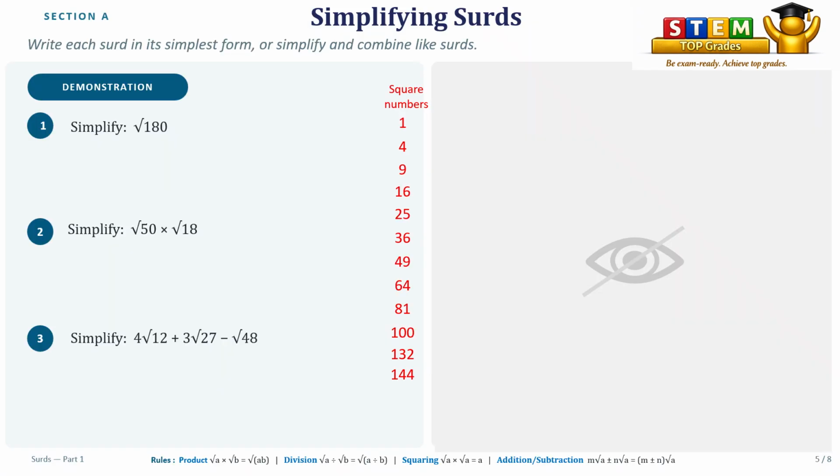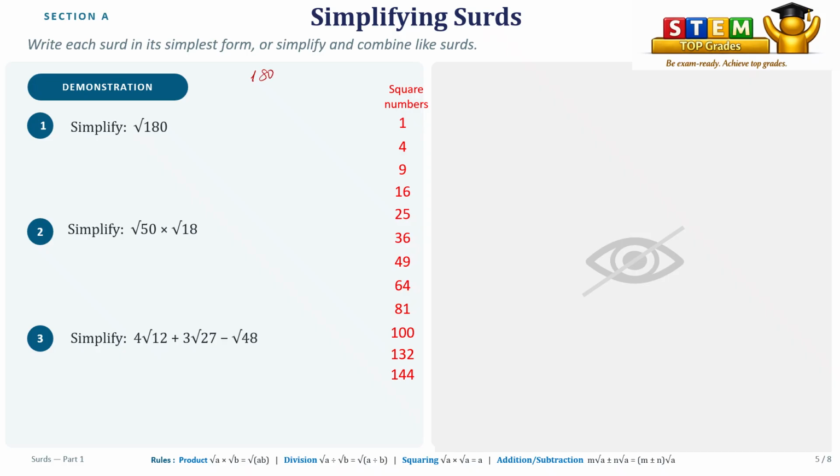In section A, we are simplifying surds. Now, to make things easy, I've put this list of square numbers in increasing order. Now, we're going to be using this when we're going to be doing the simplification of surds. Now, in this case, we got to take the square root of 180. Now, the square root of 180